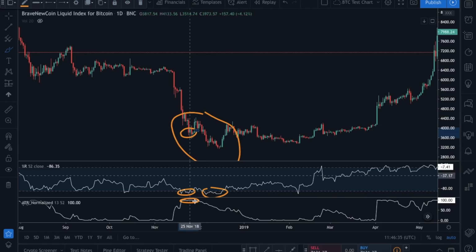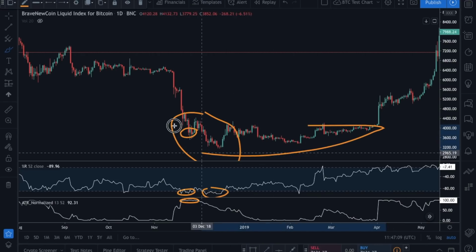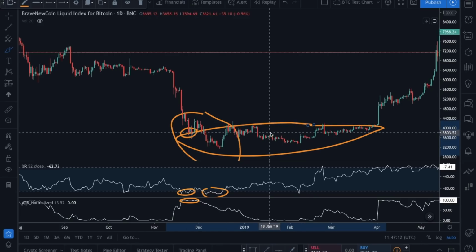Just because you see this indicator indicating a perfect bottom doesn't mean you enter all at once, guys. So what you can do is dollar cost averaging around the area. So if you are entering here, the indicator is now showing the possibility of bottoming. What we can do is use dollar cost averaging. And let's suppose you didn't get the price of like 3,800 and we actually came around 4,200. But if you look at the whole scenario here, where the market actually consolidated, this 4,000 was a really good price,